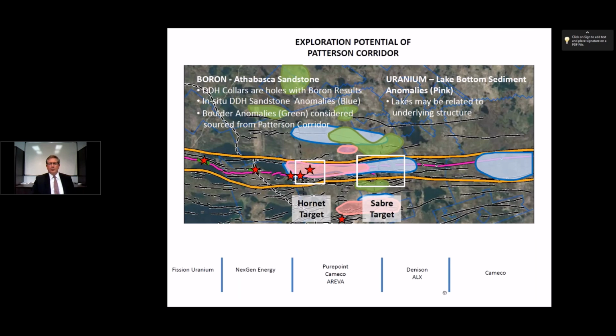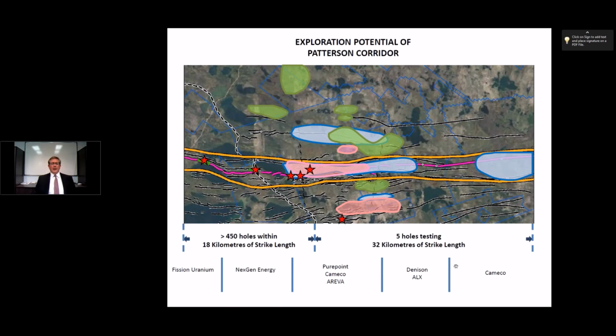So at this point, I think what we want to do is summarize where we are and where we think the opportunity is, again standing back and looking at the entire corridor and this entire district and what potential there is. Right now at the bottom, you can see where we've put a line down, just beneath Hornet. So it's sort of the furthest most